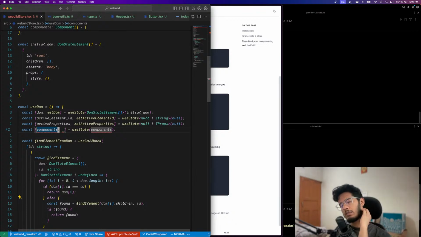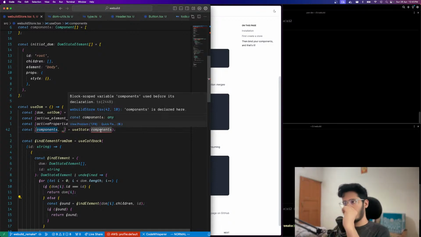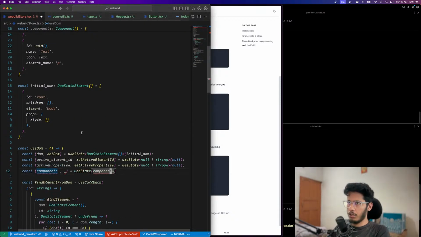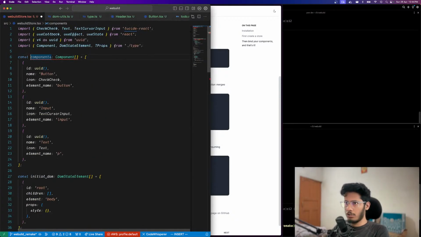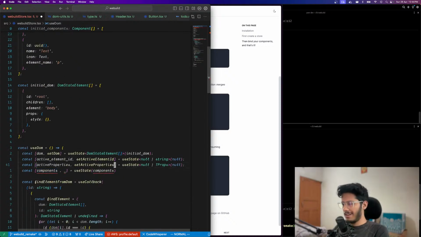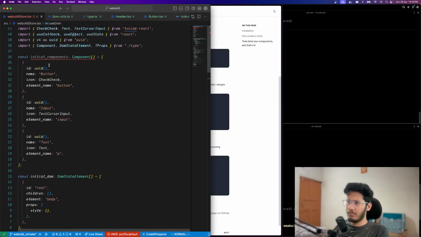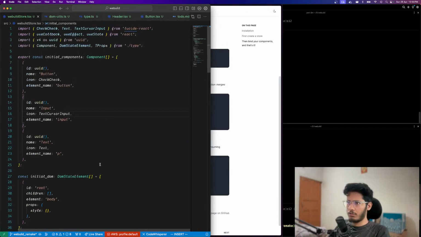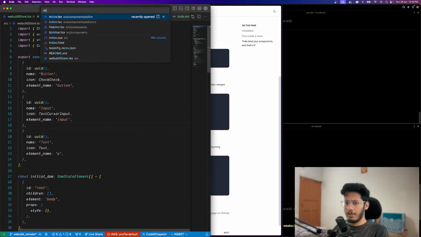Components. What are you saying? Logs or components used before. Oh, so it should be... Oh, the name is the problem. Okay, I can call it initial component. I don't know why that would even be a state. That shouldn't be in a state. Like components, we are not modifying dynamically, right? So let's directly export this, right? So this should be a constant. Why would we even handle the complexities of component? Yeah, that makes sense. Let's go to the sidebar and